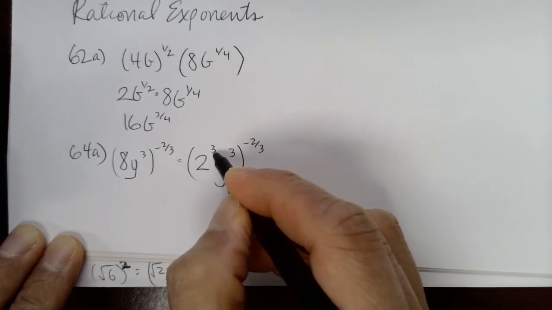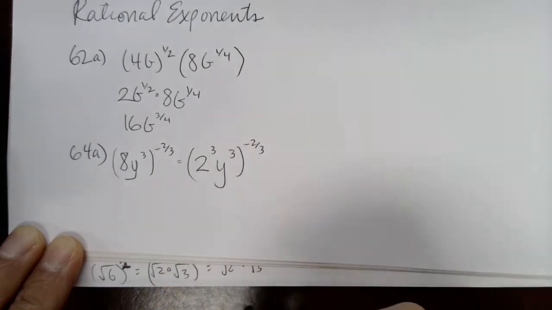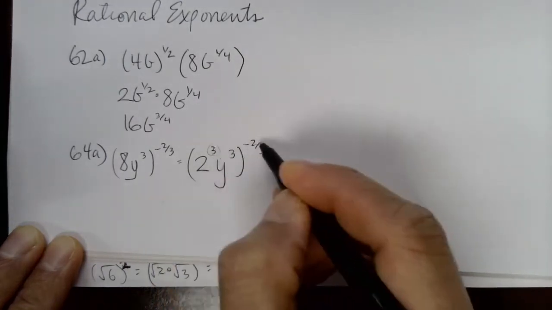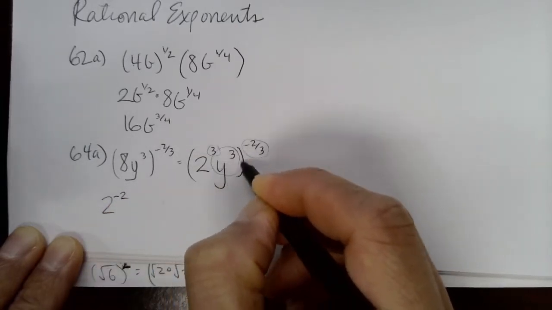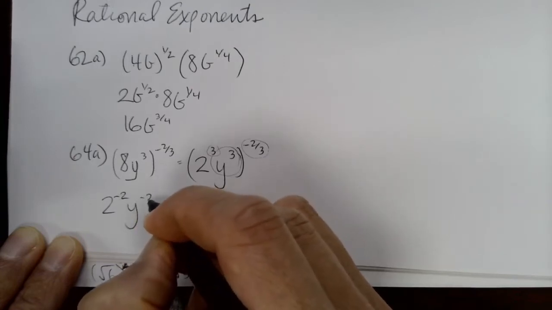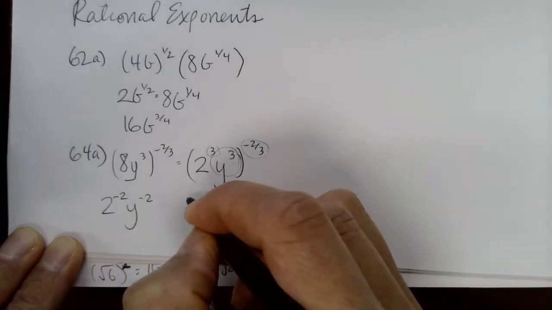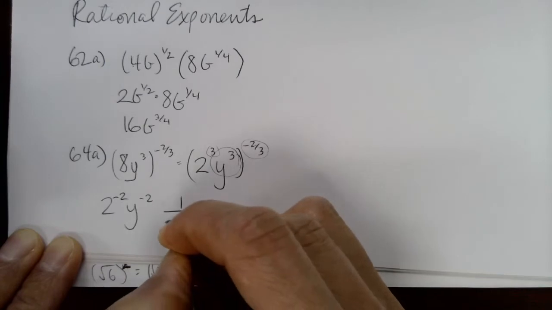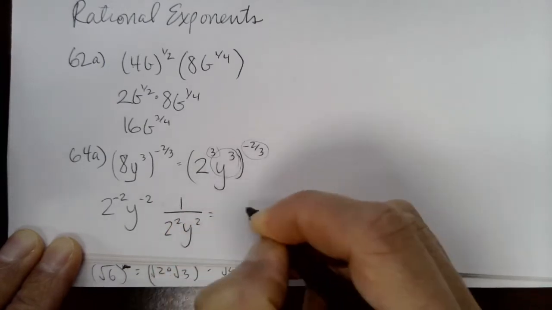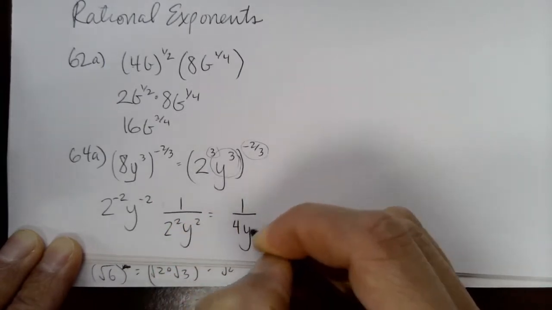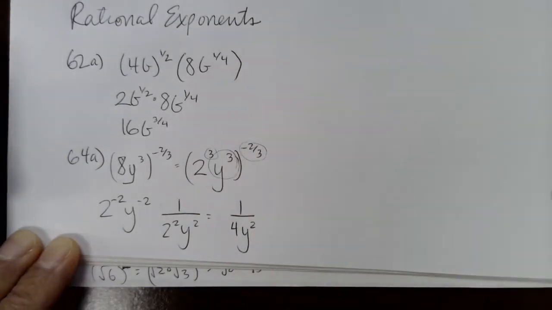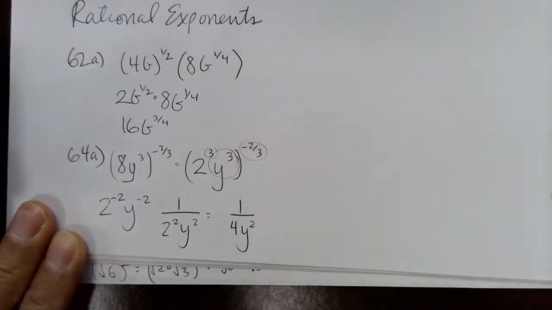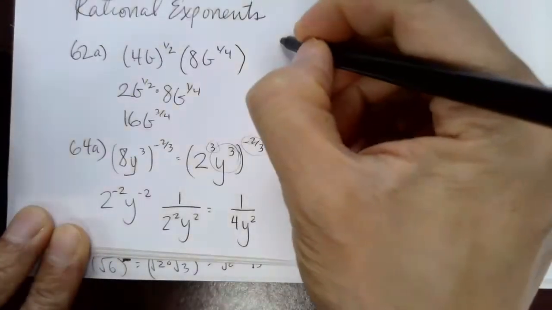So 2 to the 3rd to the power of negative 2/3 means I can multiply those, and I have 2 to the negative 2, and the same thing here, y to the negative 2, which means I'm going to end up with 1 over 2 squared y squared, which is 1 over 4y squared. So that's 64a, and I'm not doing the b's because they are similar, but we can go on and do 66a,